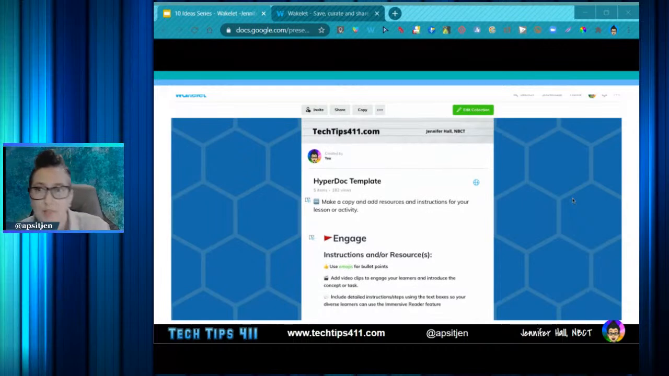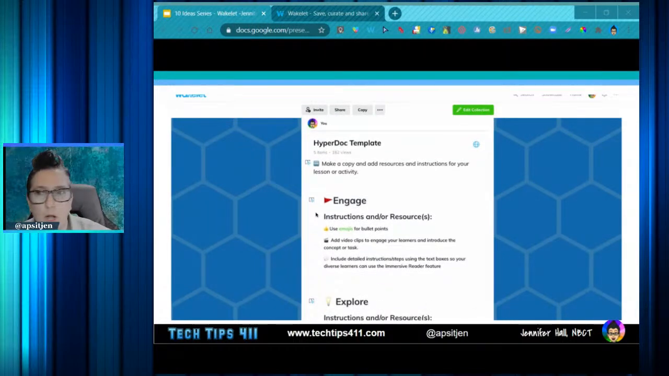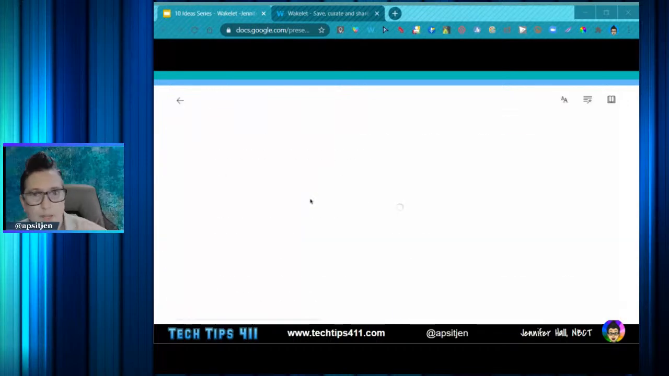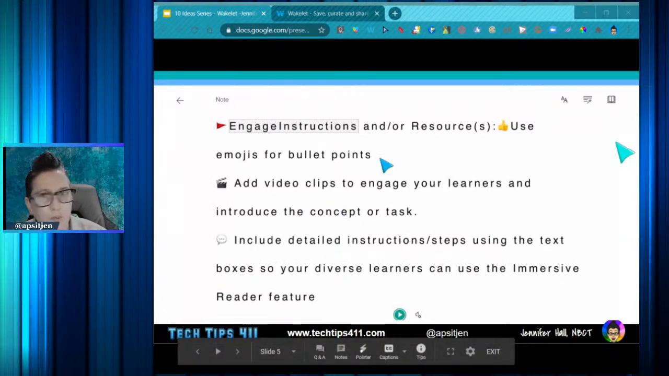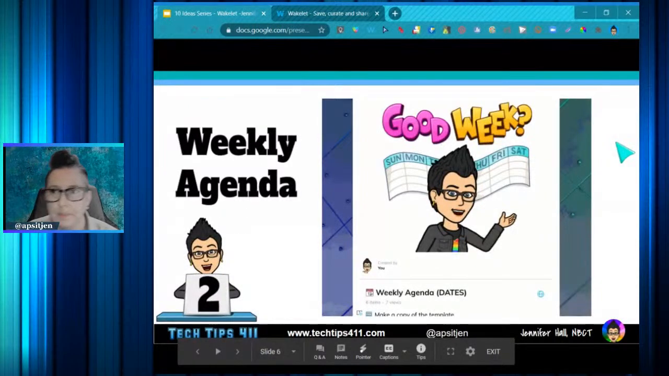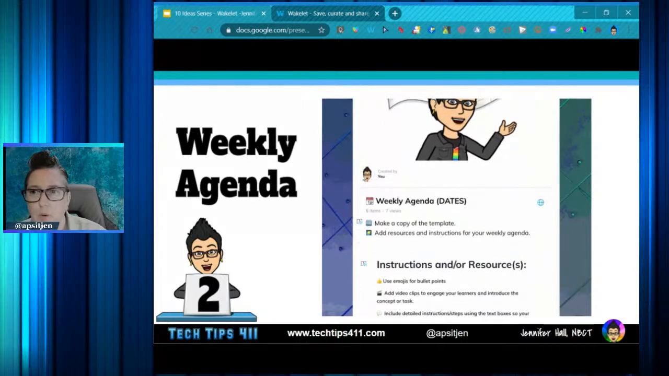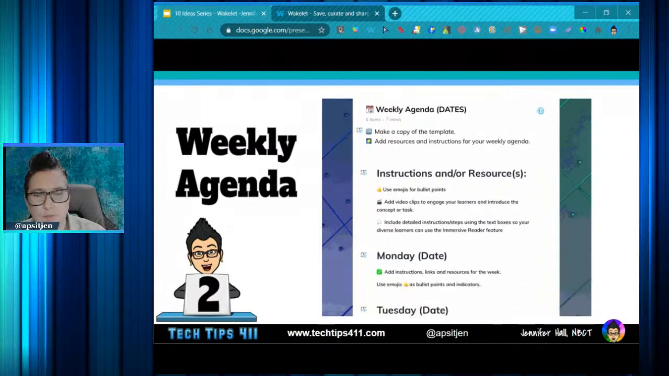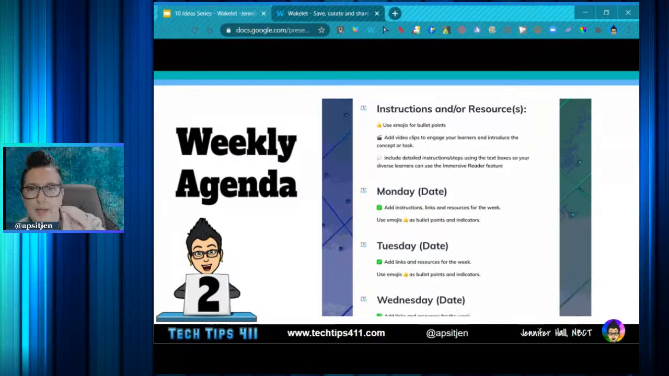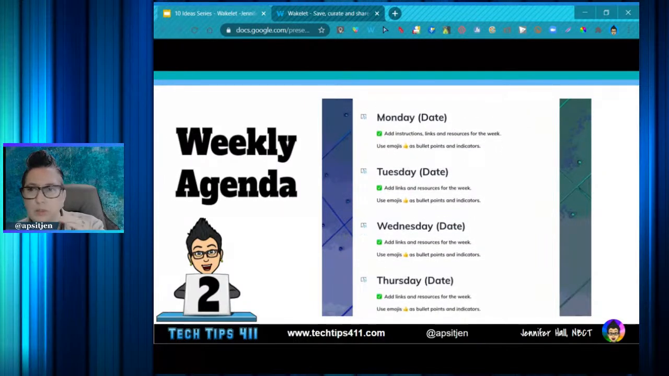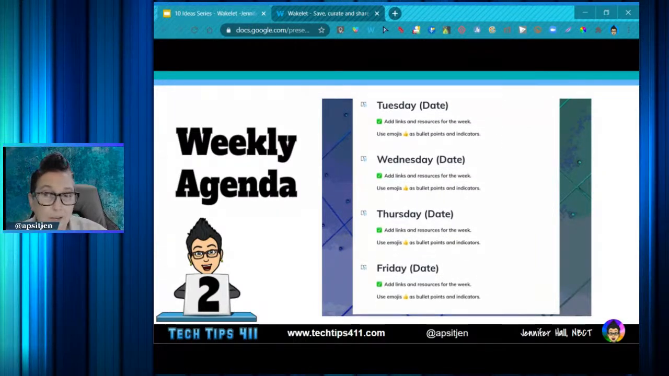So there it is. That's tip number 1 in using the power of immersive reader and creating a Hyperdoc self-paced lesson and using that with your students. Okay, here's my second idea, which is to create a weekly agenda. So if you want to be able to change out content very easily, you can do that by adding in instructions and the date so the kids can see what's kind of coming up, and you can easily copy, duplicate